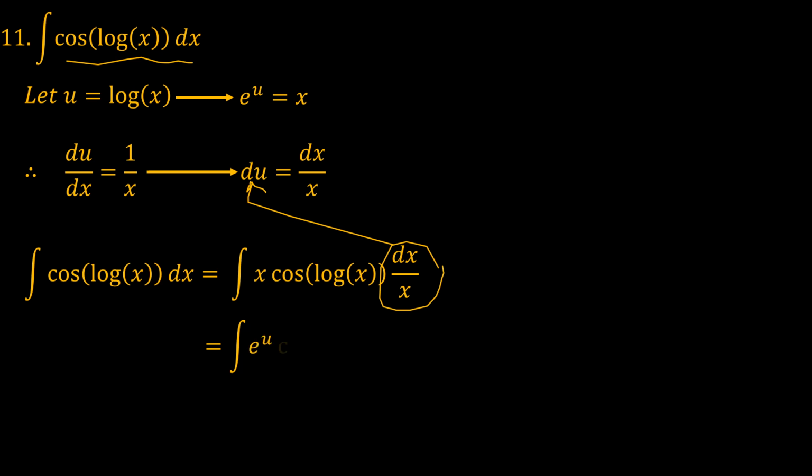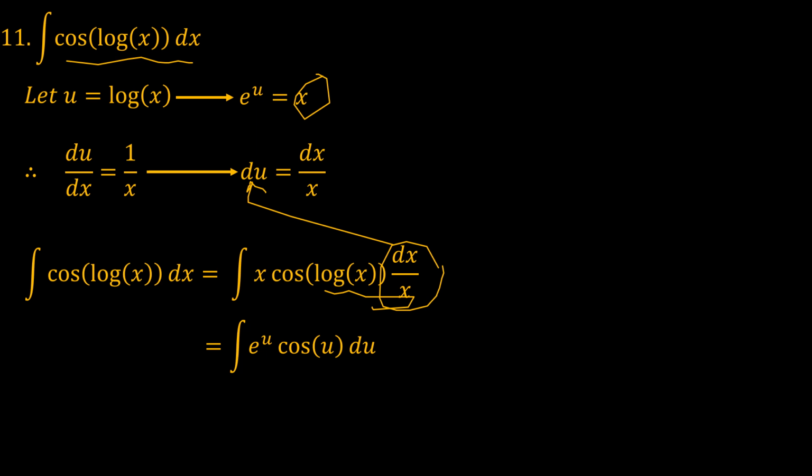And again, we know what x is here. x is e to the power u, and natural logarithm of x is certainly going to be u. So now we do have the integral in the u domain. We've shifted from the x to the u domain, and so we have the integral of e to the power